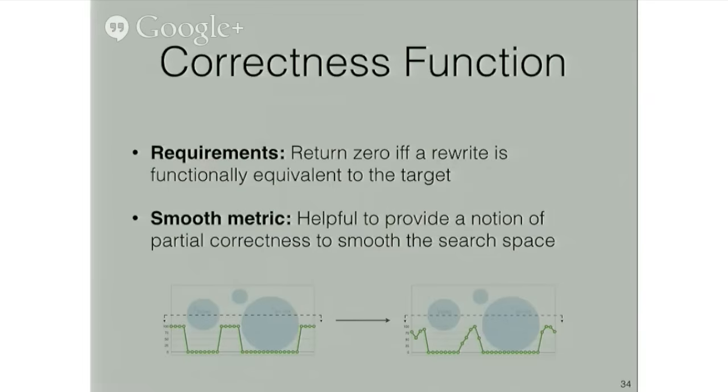So to get started talking about that, in principle, a binary indicator function that I've already shown you would suffice as a correctness function. But in practice, MCMC sampling is much more effective when it's applied to smooth cost functions. So though in the limit it's guaranteed to explore past even these very sharp discontinuities, in practice convergence rates are much faster for functions that are characterized by smooth transitions like I've suggested on the right here. As a result, instead of simply classifying a rewrite as correct or incorrect, it's preferable to be able to quantify partial correctness. Okay, so how do we do that?